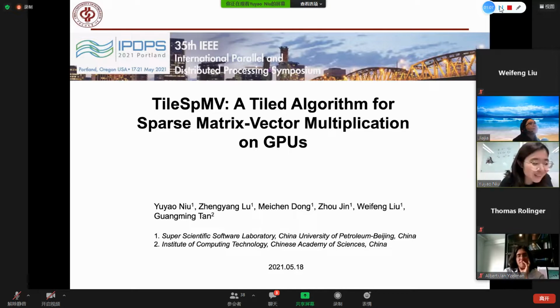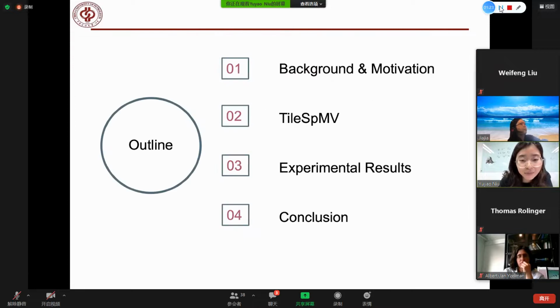Hi, everyone. I will introduce our new method of optimizing parallel sparse matrix vector multiplication on GPUs, named TileSpMV, and our co-authors are Zhiyang Lu, Meichen Dong, Dr. Zhou Jing, Dr. Weifeng Liu, and Dr. Guangming Tan. So I will introduce our research from these four aspects, and let's start with the background and our